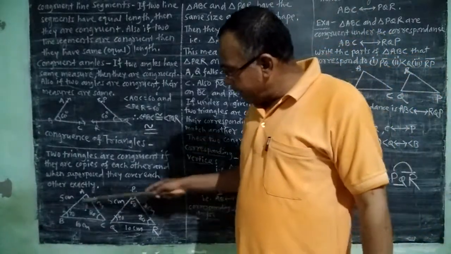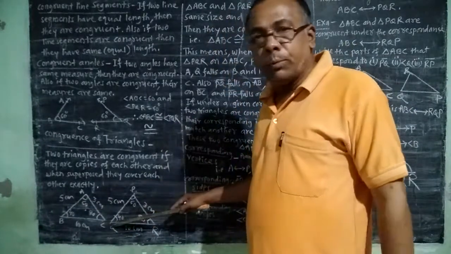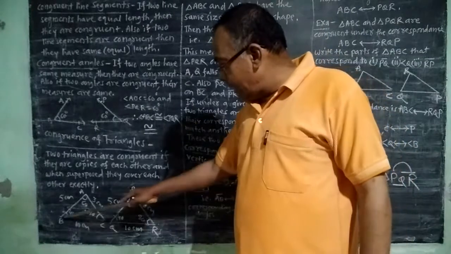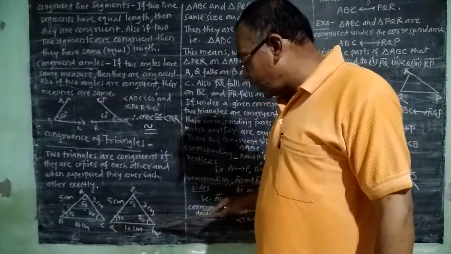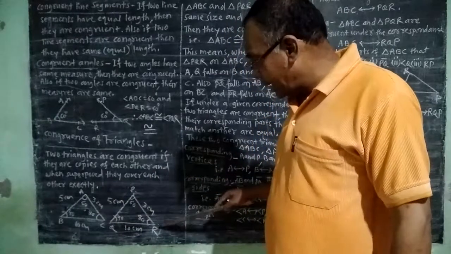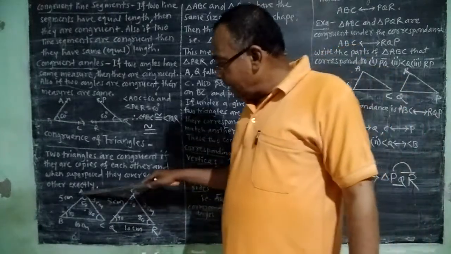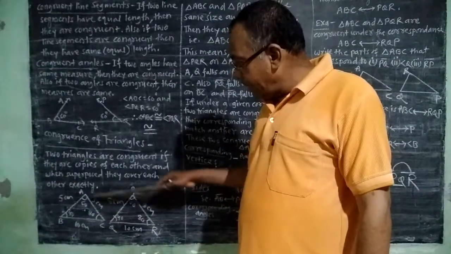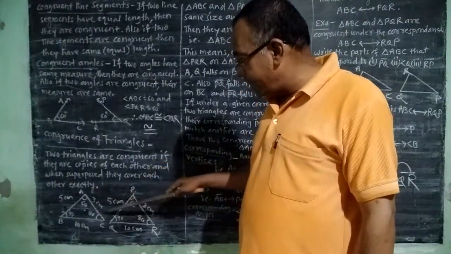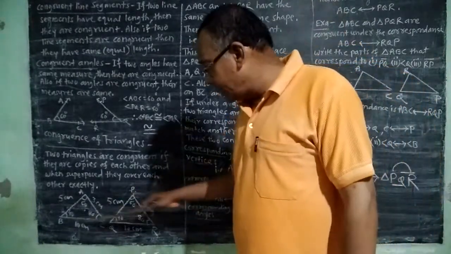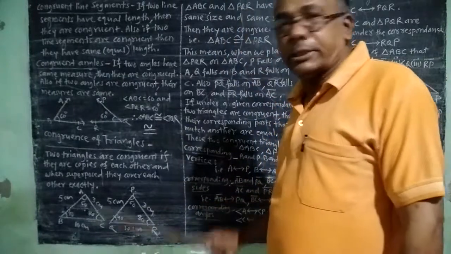But it is not sufficient to match the angles, we have to think about the sides also. Means here length of AB and length of PQ must be equal. Similarly, length of BC and length of QR are also equal, and length of AC and length of PR are also equal. Here length AB is 5 centimeter, PQ is also 5 centimeter. Then AC is 3 centimeter, PR is also 3 centimeter, and BC is 10 centimeter, QR is also 10 centimeter.